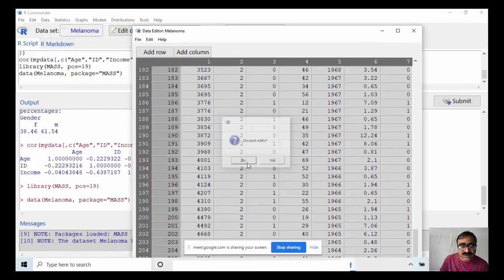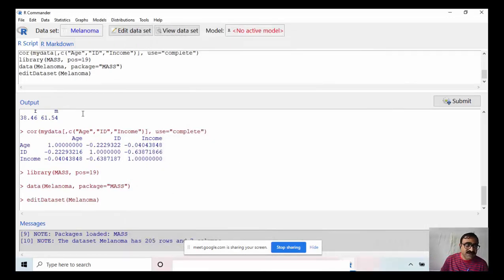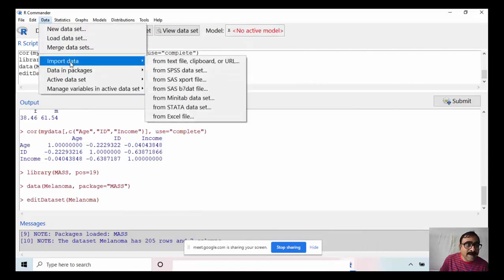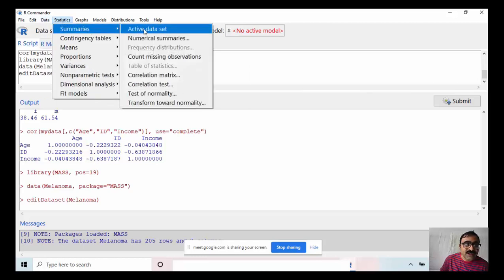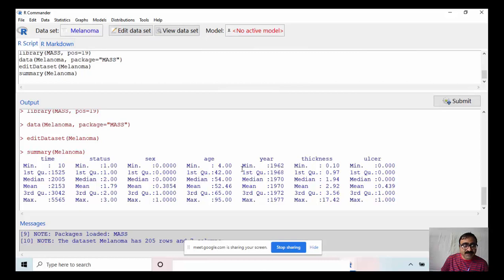Now data, summaries, active dataset. So these are the variables: time, status, gender, age, year, thickness, ulcer.